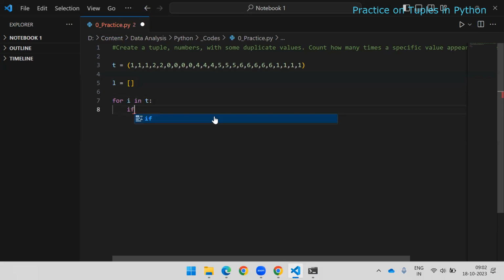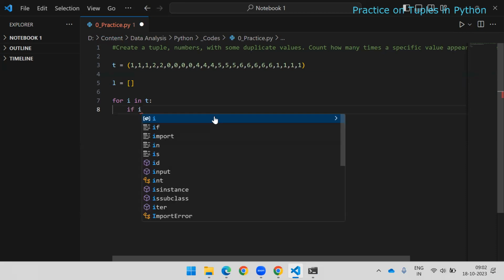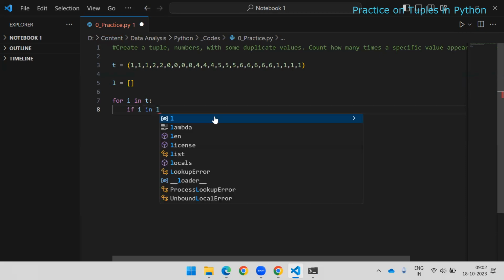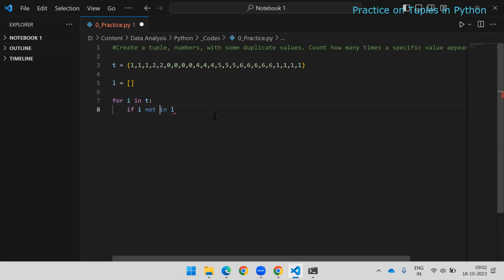And if I in L, instead of that, I will say if I not in L, then L dot append